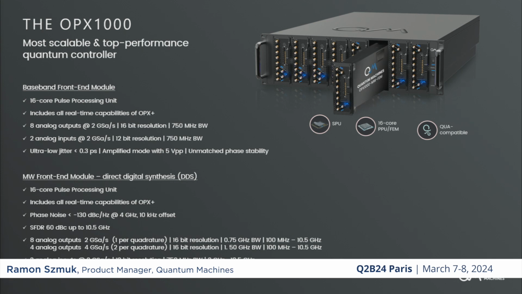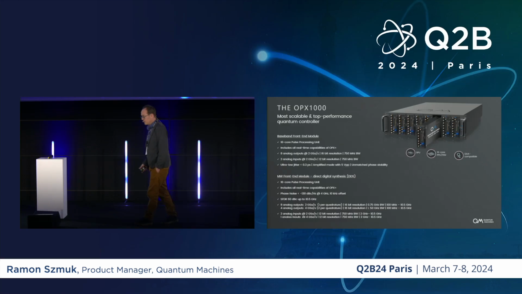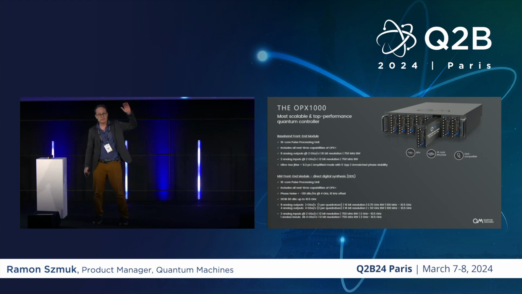It was launched a few months ago with a single kind of module, this baseband module, 2 gigasamples, 16-bit. I won't go into technical details too much. And a week ago, we launched the complementary module, which is a direct digital synthesis module up to 10 gigahertz. So now, basically, the large rack that you saw in the first slide can be replaced by a